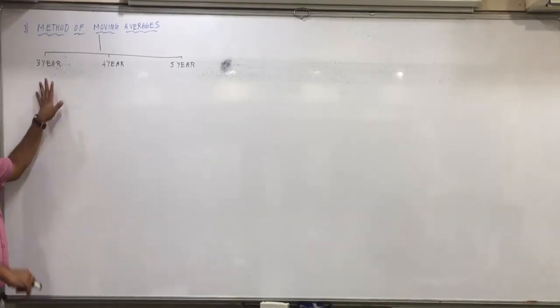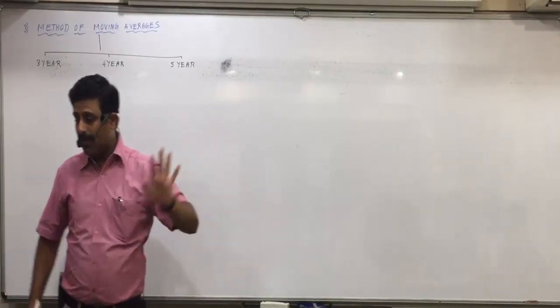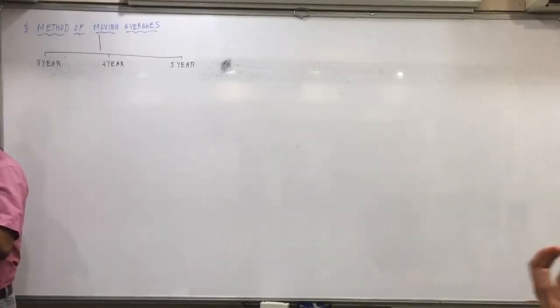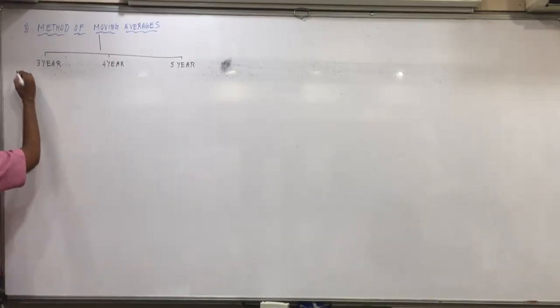Okay, so every 3 years total divide by 3, every 4 years total divide by 4, every 5 years total divide by 5. Look at exercise 4.3, page 177, question 1. Find the trend by 3-yearly moving average from the following data about the sales in 10 lakh rupees of a company. Now, what all columns we will make, understand it first. Put your pens down. Understand the columns which we have to make first.